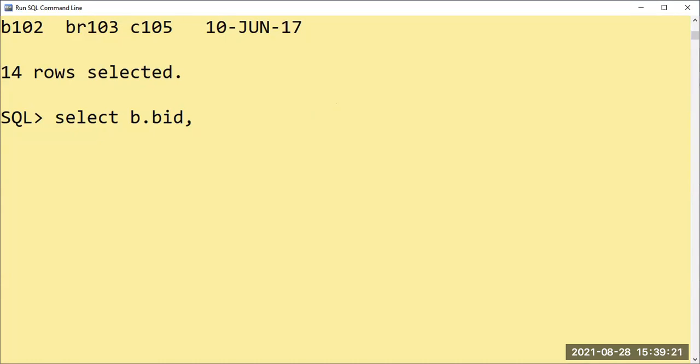I will come to that point, but for your reference, book ID or BID is present in the book table, the author table, and the book copies table. But where the primary key is created, for that purpose we have to specify the table name followed by the dot operator followed by the column name. So the book ID is present in the master table, which is called book.